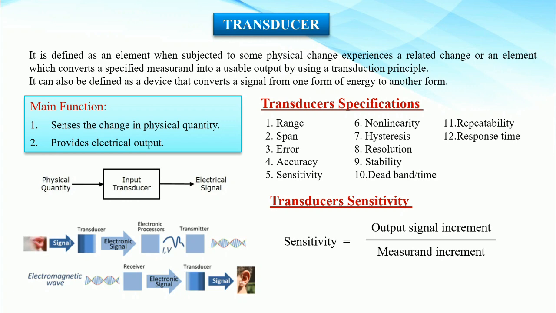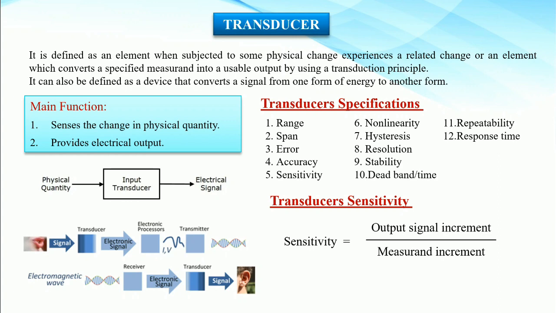Okay. Then there is non-linearity. The non-linearity indicates the maximum deviation of the actual measured curve of a sensor from the ideal curve. Non-linearity as a percentage is the ratio of maximum deviation in input to the maximum full scale input. Then there is hysteresis, which I have already discussed earlier. There is resolution, we have already discussed that, and there is stability. Stability is the ability of a transducer to give the same output when used to measure a constant input over a period of time.